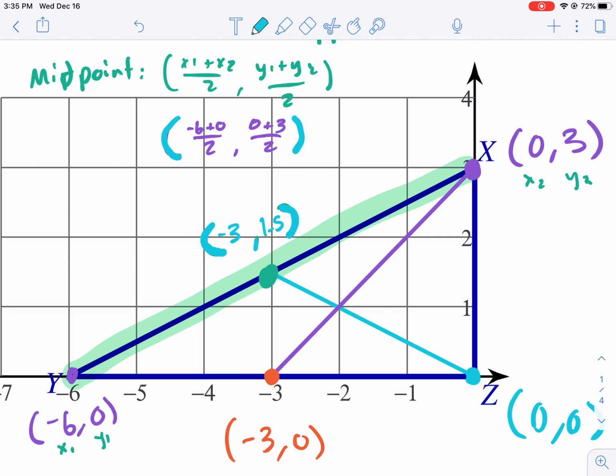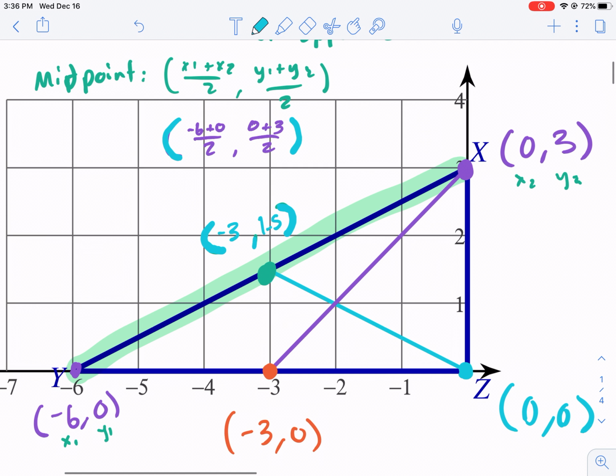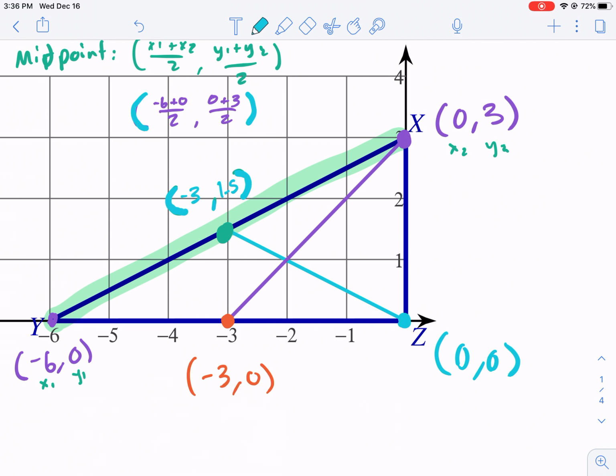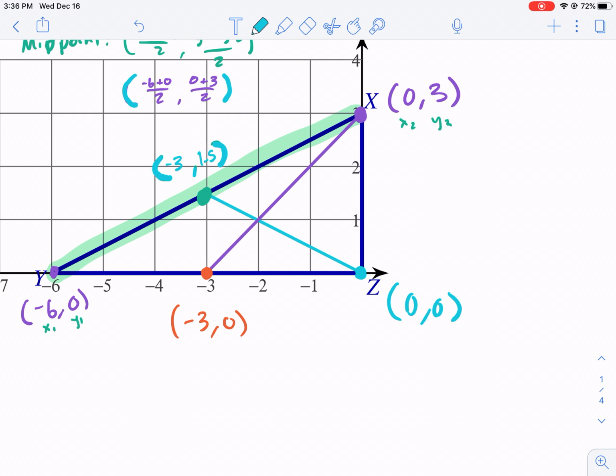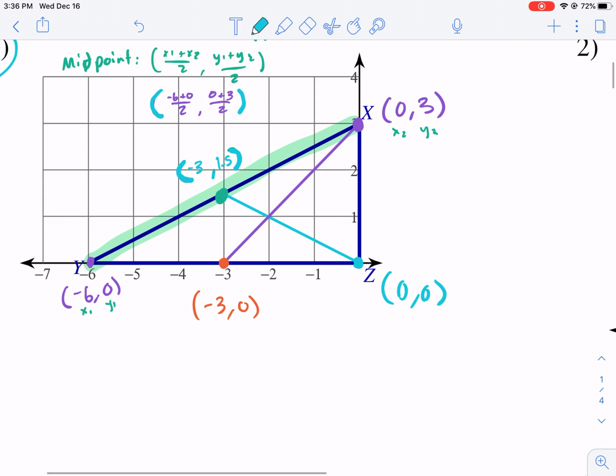I could have left it at 3 over 2 if I wanted to. But I have a midpoint for that side of the line. Okay, now, what's cool about this? Well, now I can form the equation of this line. Both of these lines, both the blue and the purple line, and then find where they